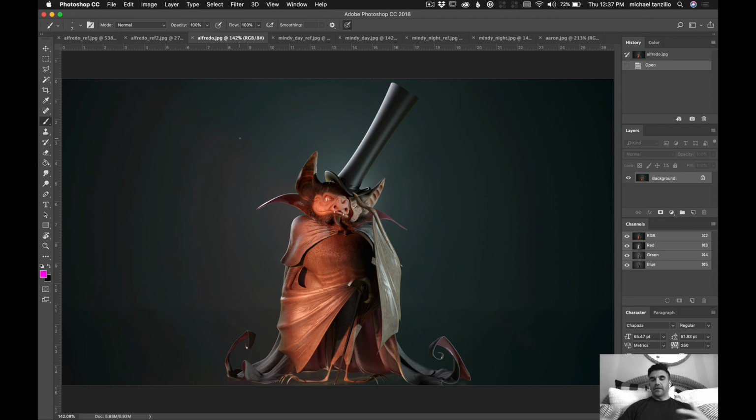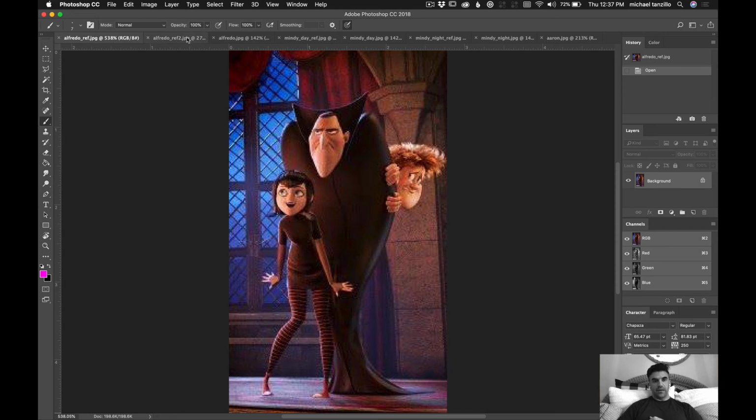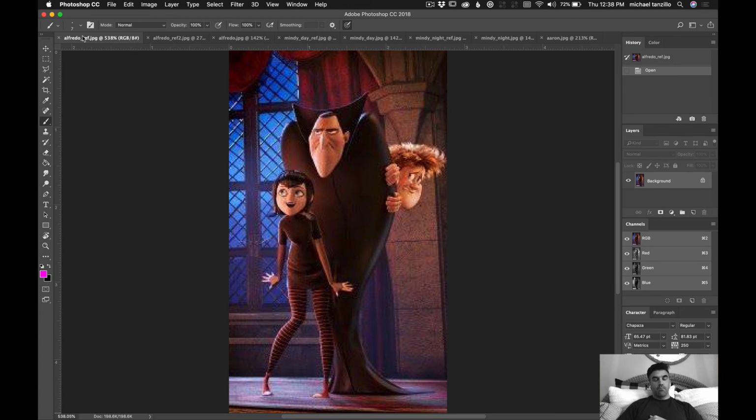And so when I saw this, I thought of ways of making it a little darker, a little scarier, a little creepier, because I've always, truth be told, not been the biggest fan of bats. So every time I see him, I'm like, let's just make him gnarly. But then Alfredo submitted this, actually, it was this reference, and I pulled up this one just to get it more in context with the shot. He posted this as reference, and I was like, oh, you're going for a Hotel Transylvania thing, which is different, right? Hotel Transylvania is Dracula and all these characters, but